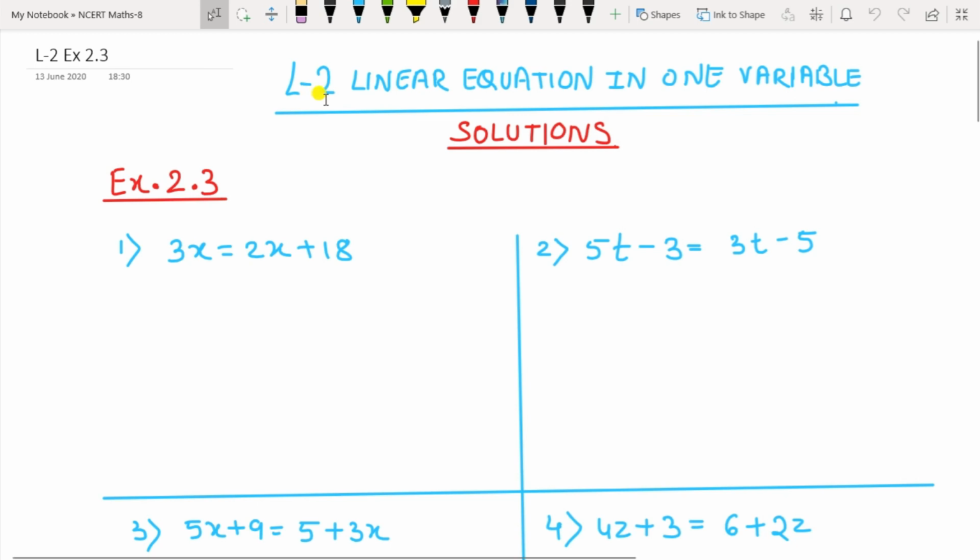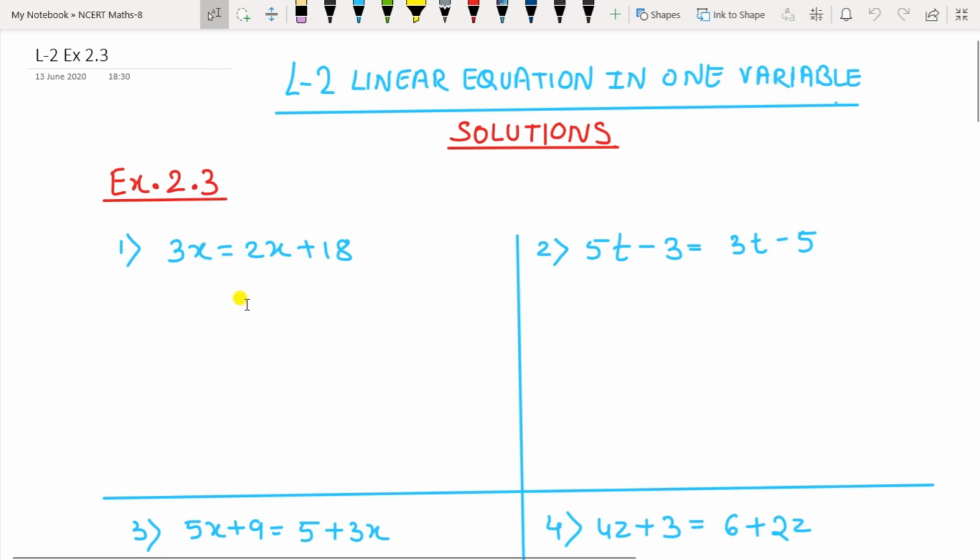Okay, let us start with question 1 here. Now in exercise 2.3 you can see that there is an algebraic equation, and in this algebraic equation there is a variable, but the variable occurs more than one time. So how to solve this? So this is 3x equal to 2x plus 18. The question is given. So now bring the like terms. x and 3x are like terms.